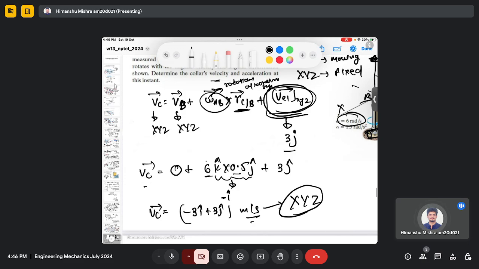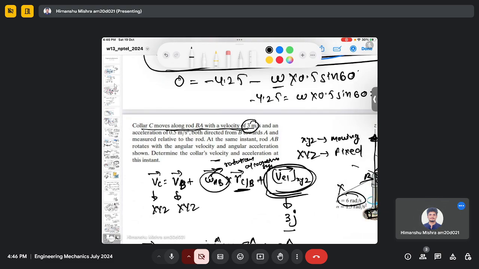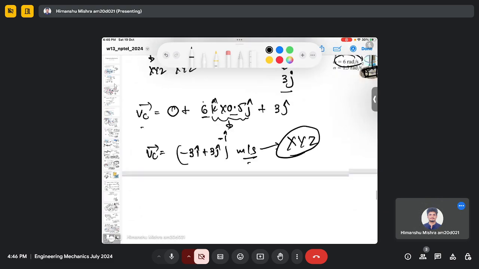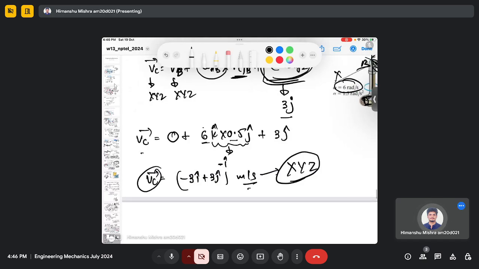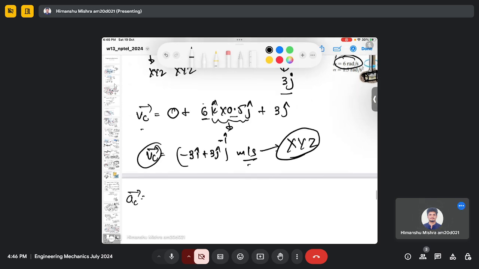In the fixed frame, in the question we have given the velocity in the rotating frame. Now we have found the velocity of collar C in the fixed frame. Then we can find the acceleration as well. So acceleration of point C will be given as acceleration of point B plus omega dot AB cross RC with respect to B plus omega AB